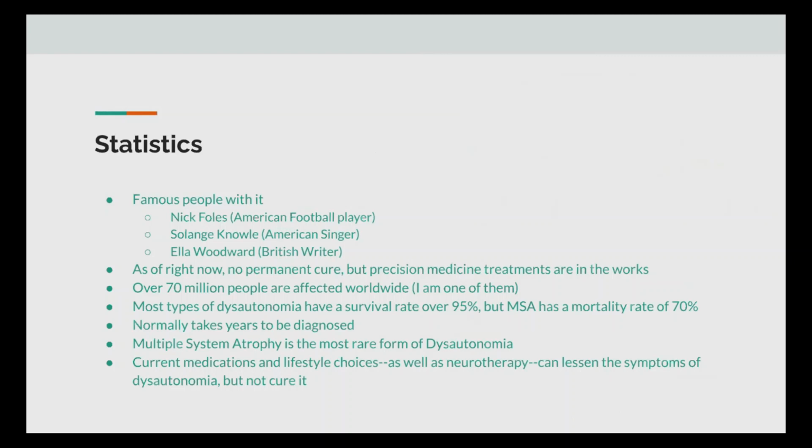Worldwide, over 70 million people are affected. I am one of them. And then specifically which version I have is POTS, which is a primary form of dysautonomia. And it's quite strange because, as you heard in the video, they said it occurs mostly in women around the age of 25, and I'm a male of 15, which is less than 2% of people who have POTS. Well, women around the age of 20 to 30 are around 80% of people that have POTS,